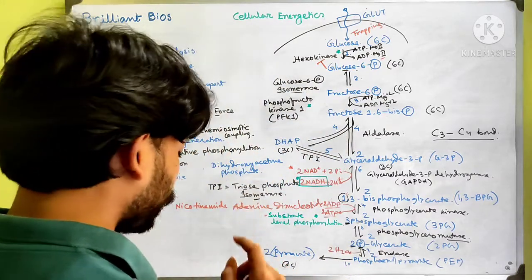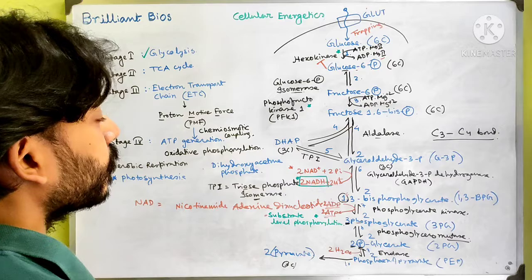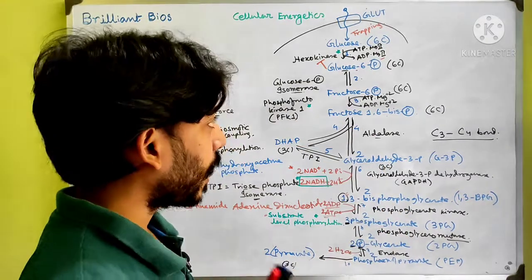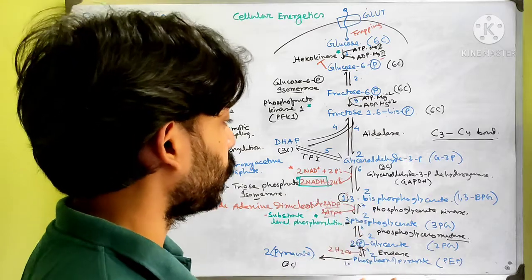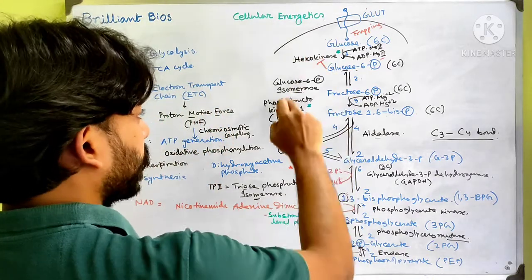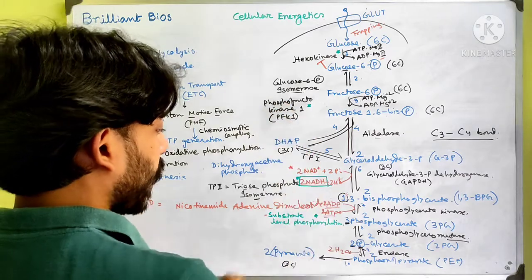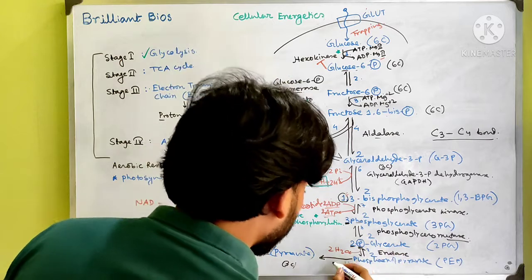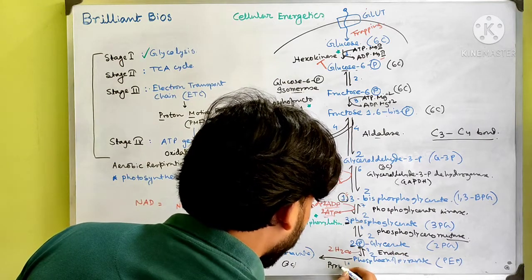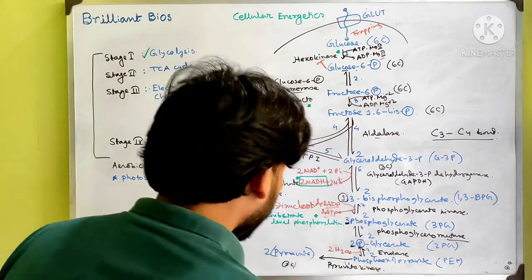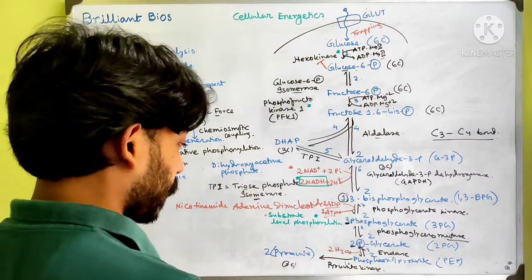Now the last step is very important, because I have mentioned that in the glycolysis pathway there are 10 enzymes present. Among them, 3 enzymes are rate limiting enzymes: hexokinase, which I have mentioned, phosphofructokinase PFK1, and the last enzyme, called pyruvate kinase. Must remember, pyruvate kinase is also a rate limiting enzyme. Why?